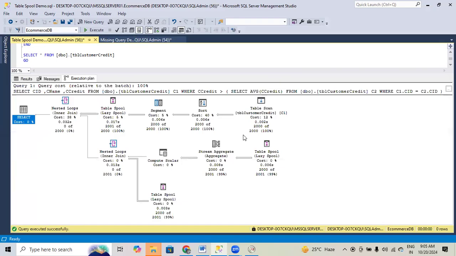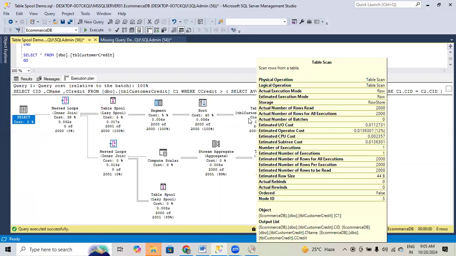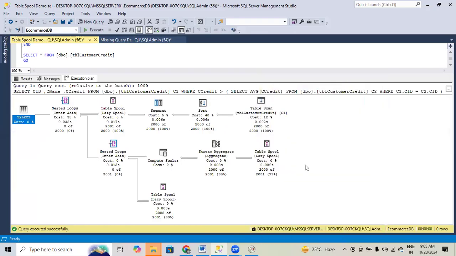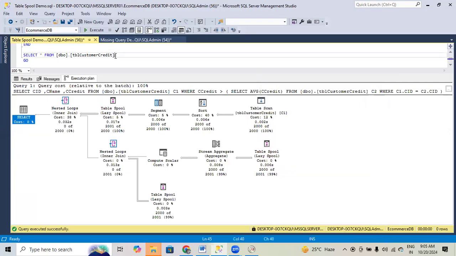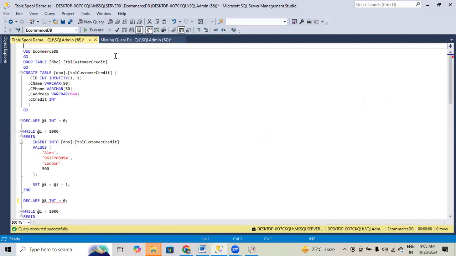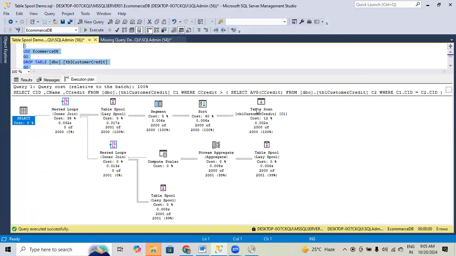In the execution plan, you can see basically a table scan is happening, as you know very well, because we didn't create any indexes on this table. Initially, when I created this table, you can see nothing is created. Okay, so let me go with another step. Table scan is happening. I'm doing some sorting operation